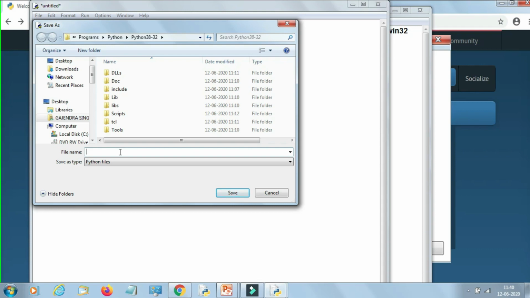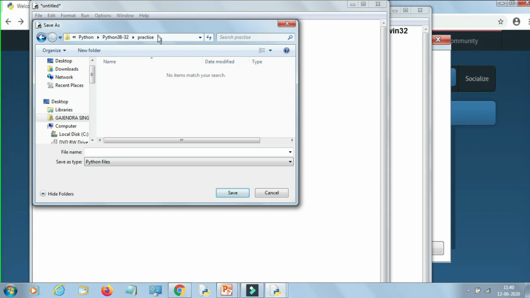Very simple, just click on this and create a new folder. I'm creating a folder called practice, and I open this folder by double clicking. Now you are in this folder, practice.